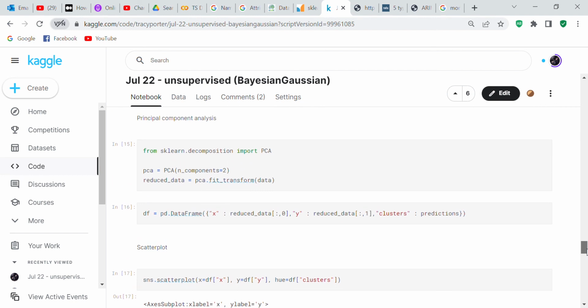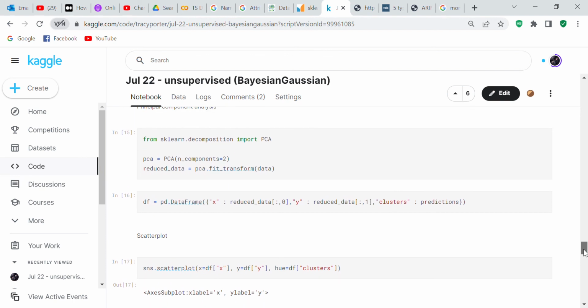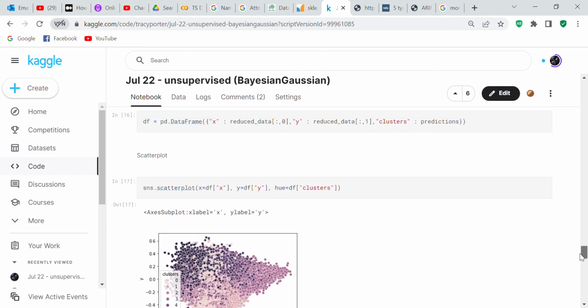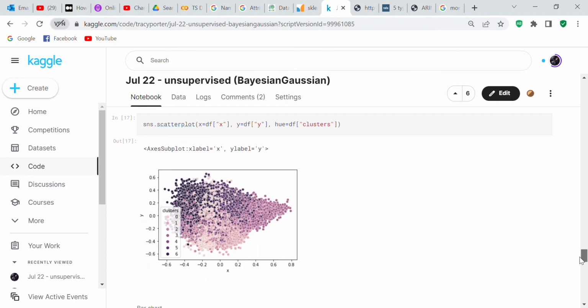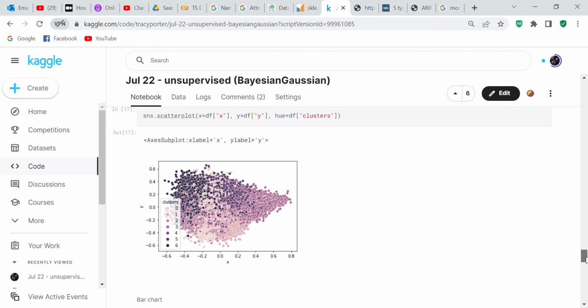So clusters equals predictions, so hue equals clusters. So your predictions are your clusters. And so these are the predictions, and it's on a scatter plot that's got seven different clusters.